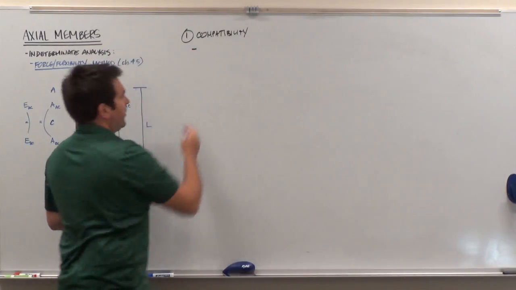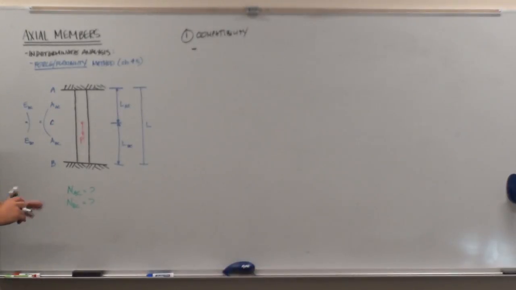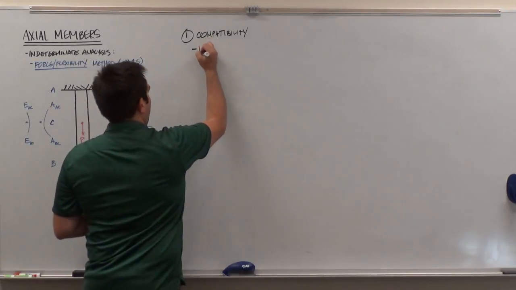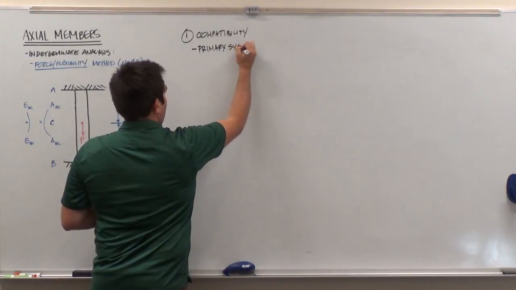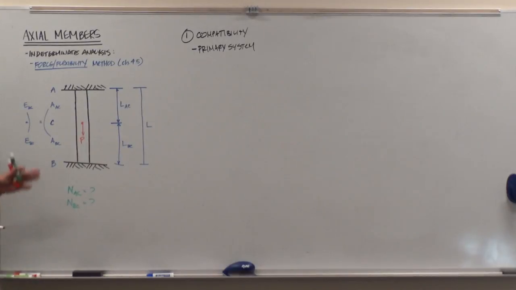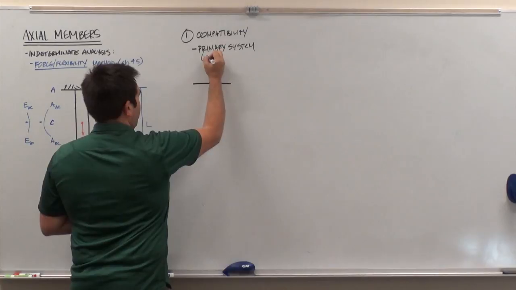So for this step, we need to create what's called a primary system, which simply means that we're going to choose one of these two supports to take away. So we need to create our primary system. It's up to you, whichever support you want to take away. You just have to make sure that whichever support you take away, the system is still stable. So here I'm going to choose, actually I'll choose to take away the support at the bottom. It doesn't really make any difference. And so I'm going to make my primary system, so you just remove